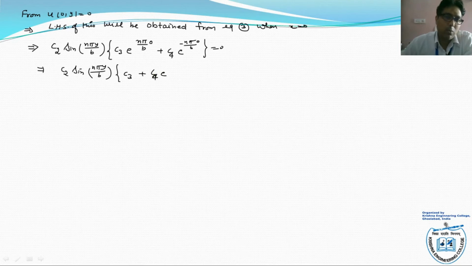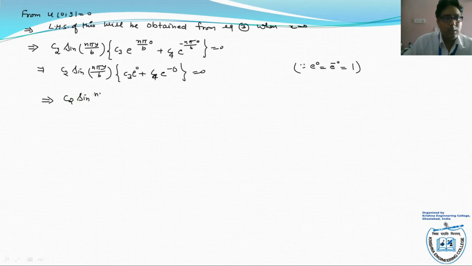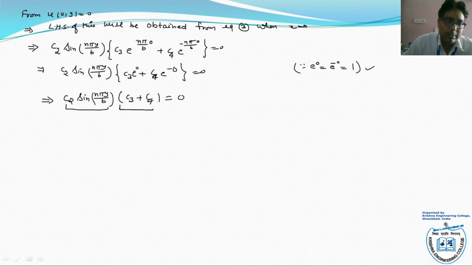Clear? So this is one term and this is the other term, right? So this becomes C2 sine n pi y by b as it is. Clear? And the value of this becomes C3 plus C4, because the value of e to the power 0 is equal to e to the power minus 0 is equal to 1. There are two terms, take this as one term and take the other as the other term. The product of two terms will be 0 if and only if one of them is 0. But C2 into sine n pi y by b will not equal 0, because